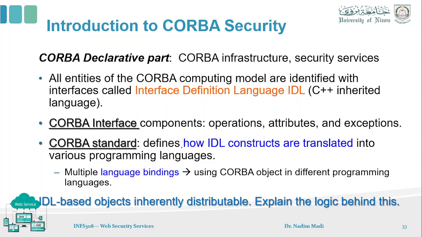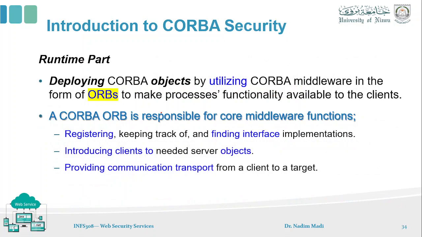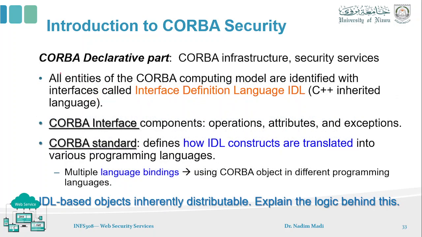Okay, in order to study CORBA well we have two parts. يعني زي ما تتذكروا كيف عندنا في الويب سيرفيس عرفنا انه الويب سيرفيس it is composed of two parts, the interface and the implementation. Similar thing here but with different terms. Interface بنشير لها بالديكلاريتيف بارت، يعني هي تعمل بمثابة الانترفيس للكوربا. بمعنى آخر that's the place where the different entities or details of CORBA will be identified.